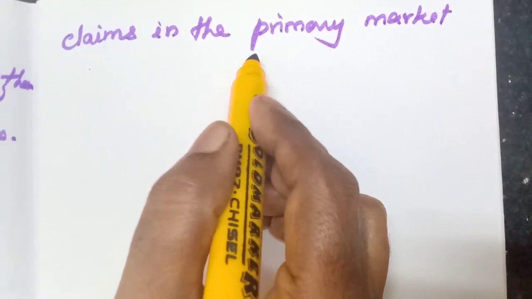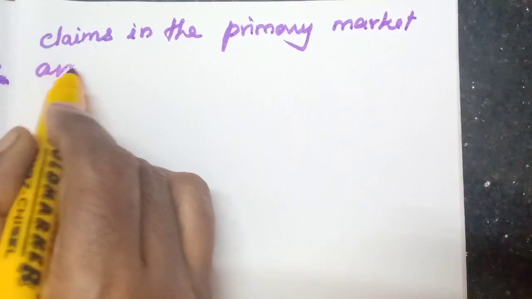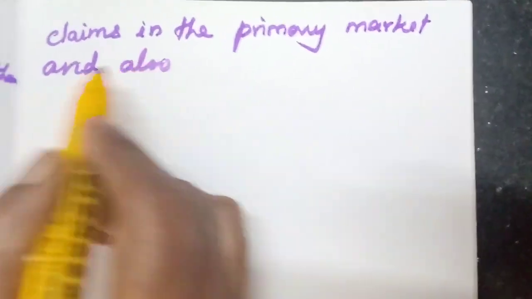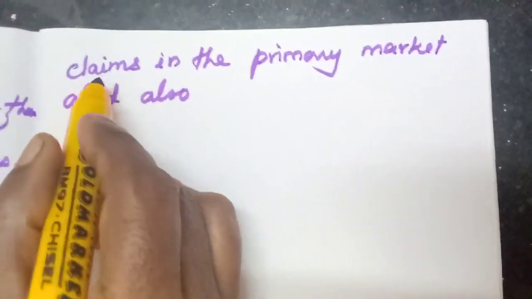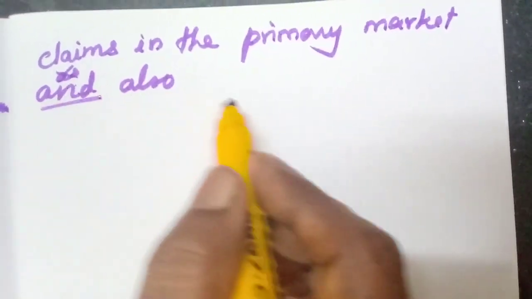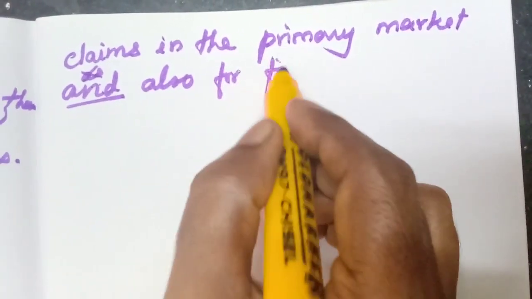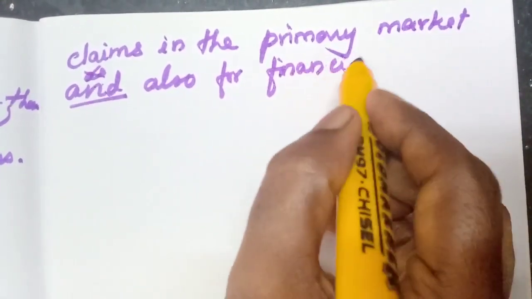Primary market we have studied, isn't it? The company issues shares to the public. That is called the primary market. And also, in the book they have given it differently, so it is wrong. Okay, you write there: and also for financial claims